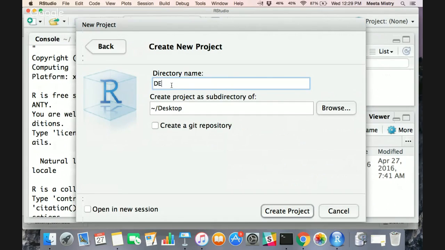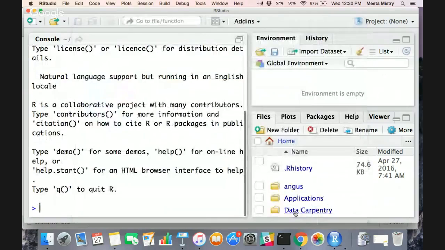And I'm going to give it a name, whatever you feel is appropriate. The important thing about creating a project is a note on data organization. This is a great way, if you're doing a specific analysis, to keep everything contained within a single project. So you can go ahead and create it. And for me, I created it on my desktop